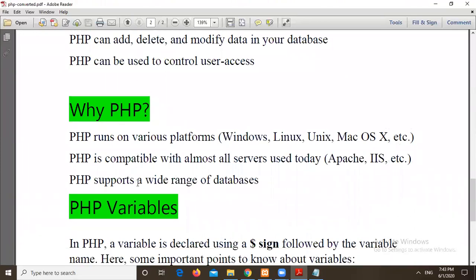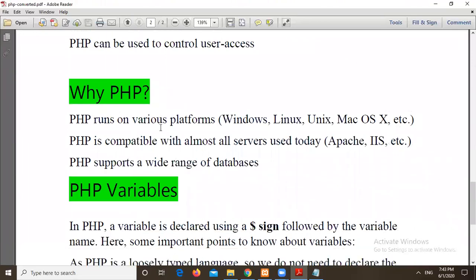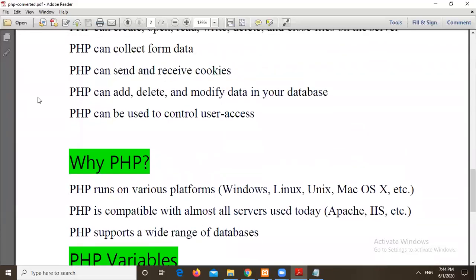So see here why we are using PHP. PHP runs on various platforms. It is platform independent. That means PHP can be used on Linux, Unix, Mac OS, and Windows platforms, right? PHP is compatible with almost all servers used today. In this example, mostly we are going to use the Apache server.